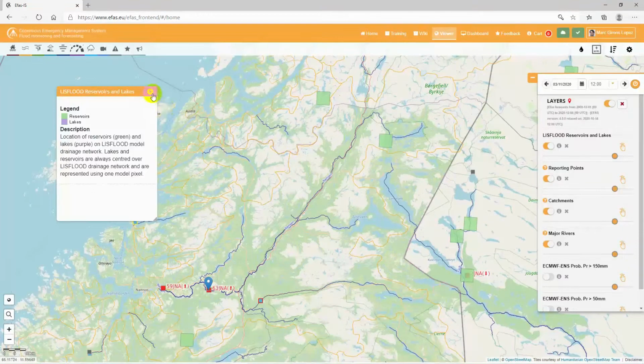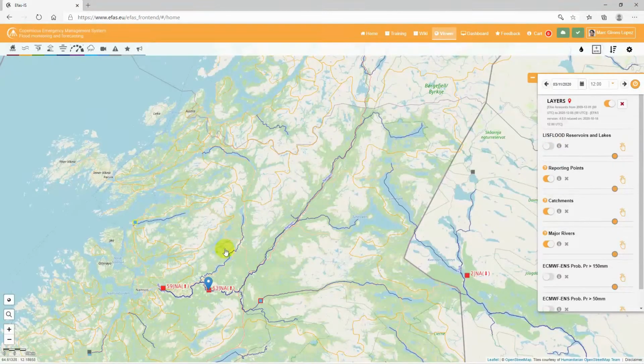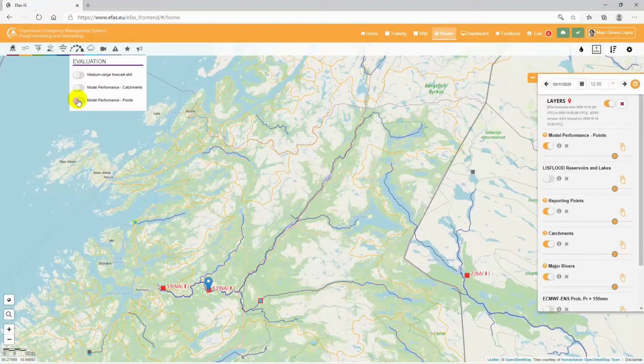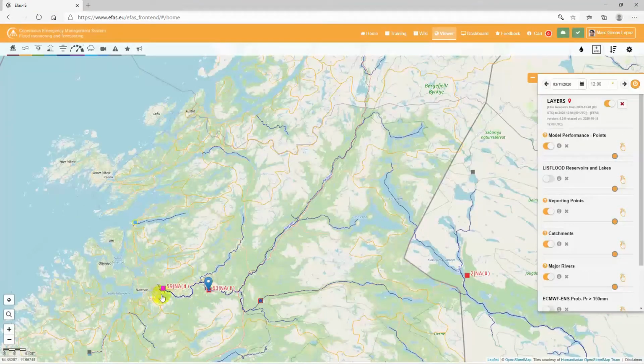Okay, we can close this layer now. And let's focus on model performance. So we'll go to the speedometer here on the top left menu, and we'll start by showing model performance for the reporting points. As you can see here, not all reporting points have model performance data associated. So you might want to look for these reporting points which have performance data, or else look at the closest available performance value. We'll click here at our reporting point